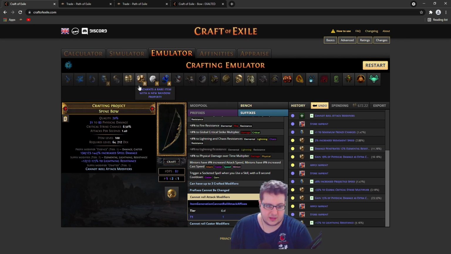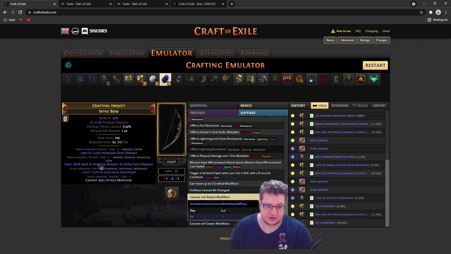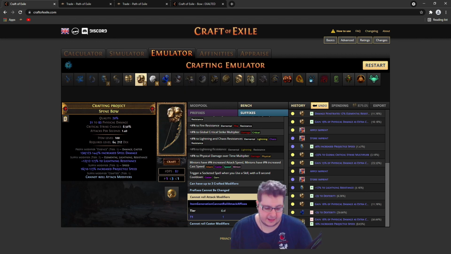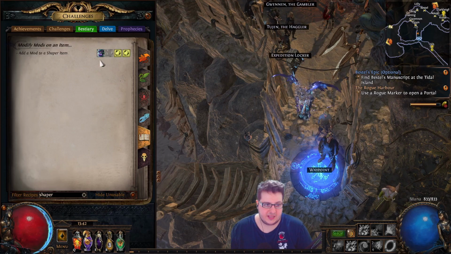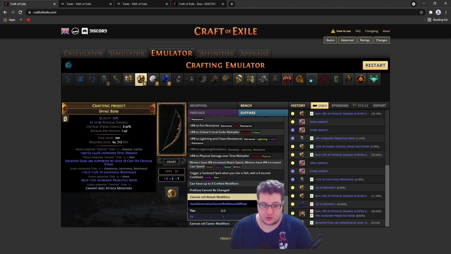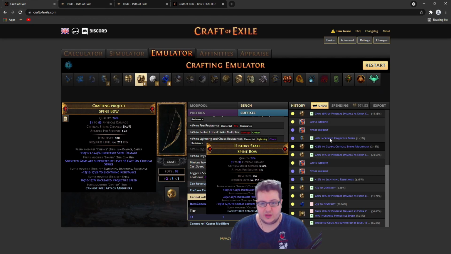So we exalt for the prefixes. This is a bad mod, we don't want it. We can try to annul it before, or you can just try to prefix to suffix once. You can try to save it like this, and you can use Leo's lambs, or the Shaper's lamb from bestiary. So we hit custom crit, this is already around 10x, and if we hit the next mod,